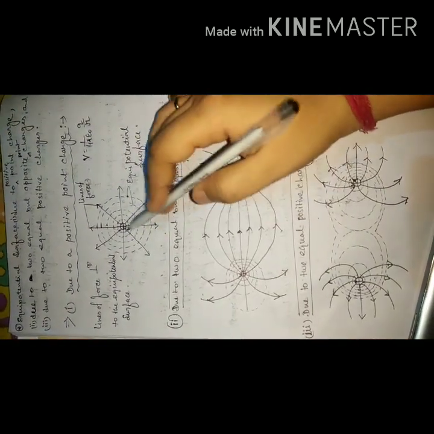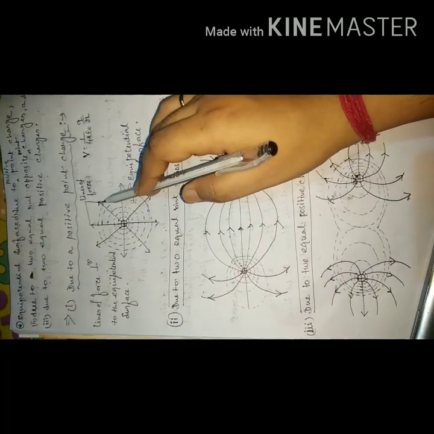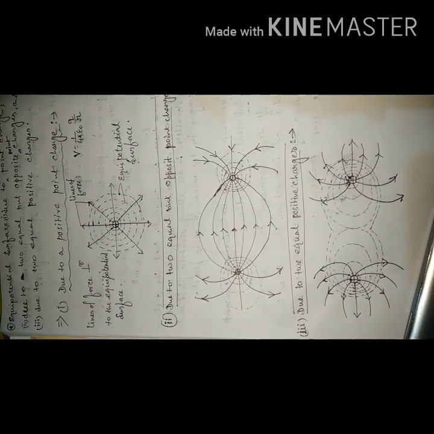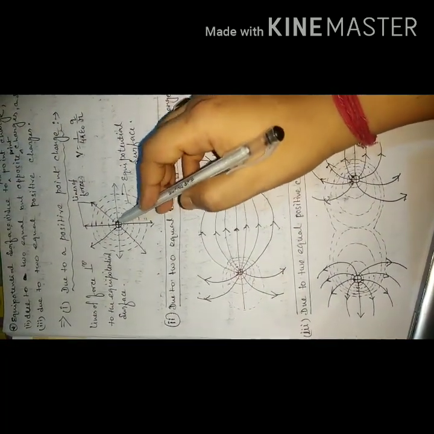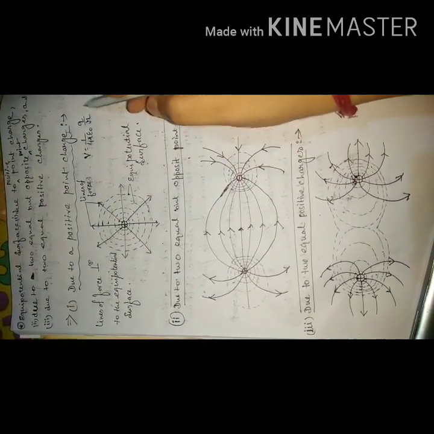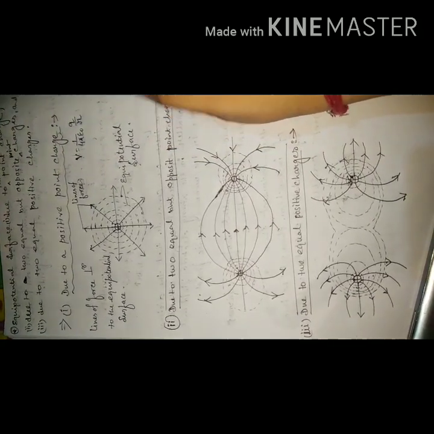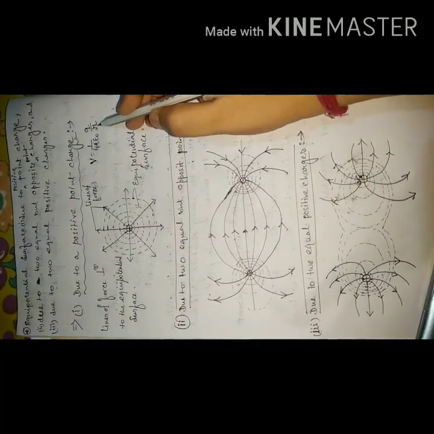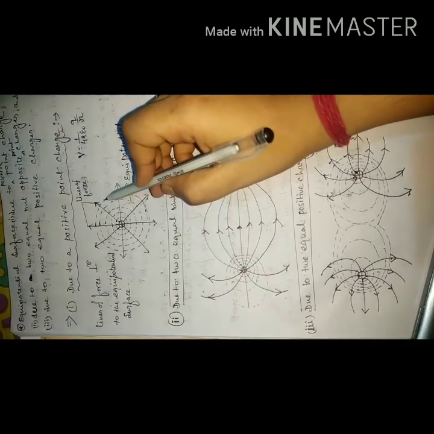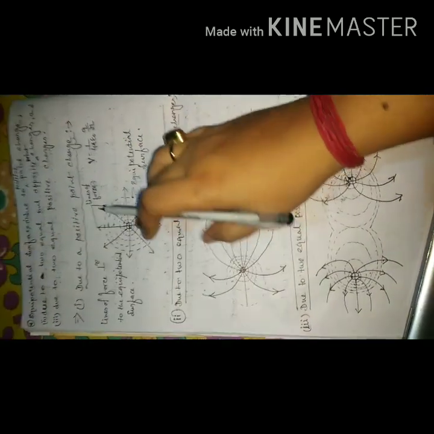If we draw this, due to the point charge, these bold lines are the electric field lines, and the electric field lines are always perpendicular to the equipotential surface, from the second property. So the equipotential surfaces are concentric circles. As V increases, R decreases. If V decreases, R increases. That means if the spacing between two equipotential surfaces is more, the potential is less. So in this surface the potential is less than this surface. This dotted one is an equipotential surface.